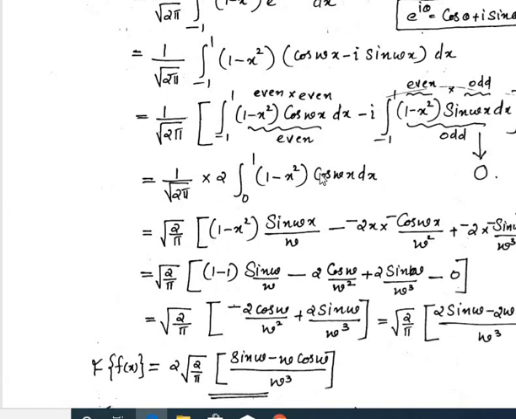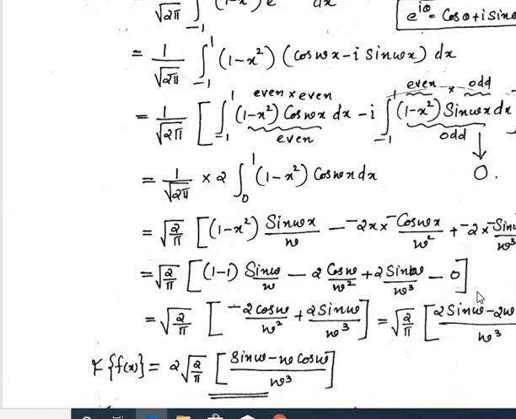Now we apply integration by parts, that is first term into integral of second. The integral of cos omega x is sin omega x by omega, minus derivative of this term, that is minus 2x, into the integral of this term. The integral of sin is minus cos omega x, there is already omega, so omega into omega square. Then minus the derivative of this term, which is minus 2, into the integral of this one, which is minus sin omega x by omega cube.